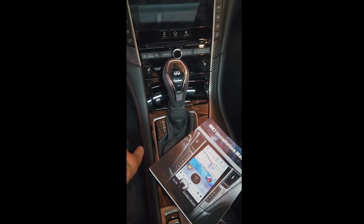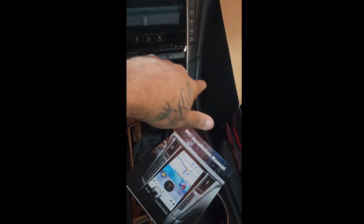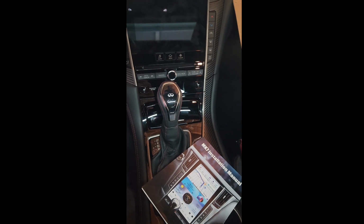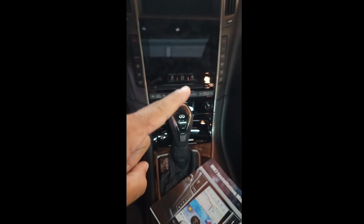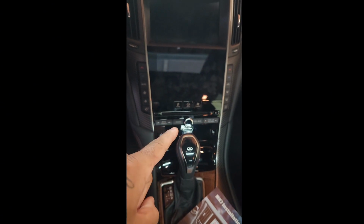These panels right here, you can look up videos on how to get that off. So what I'm gonna do is go past this entire process and get to where it's really different for the newer model cars versus the older cars. So before,